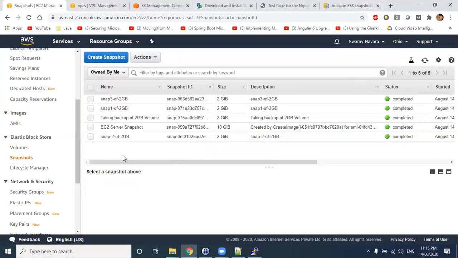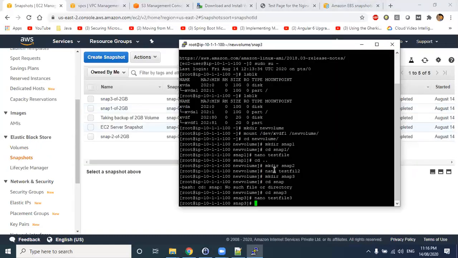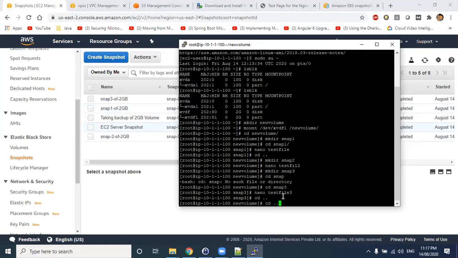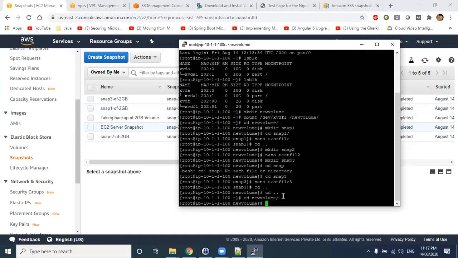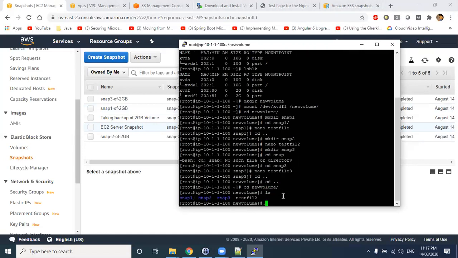Okay. Now what I will do, I'll remove all these files inside the new volume. cd. So let us see, we have 3 folders, snap 1, 2, 3.